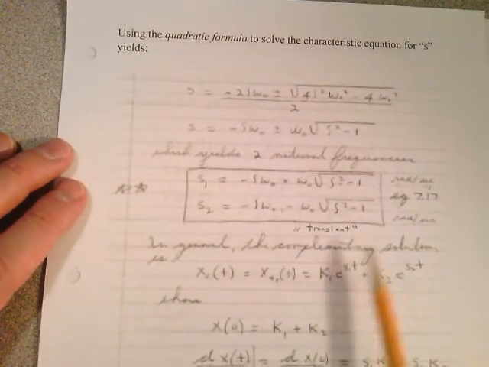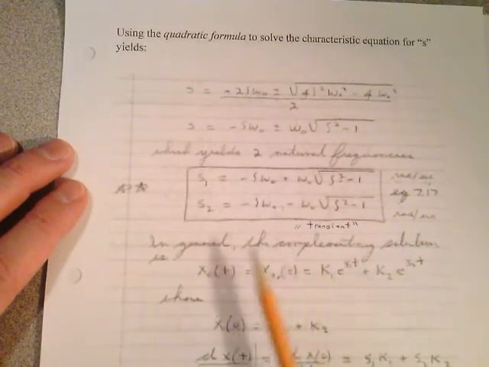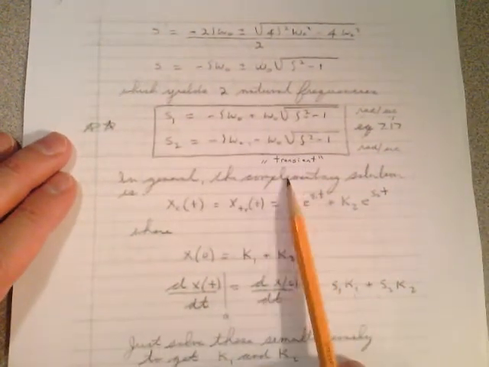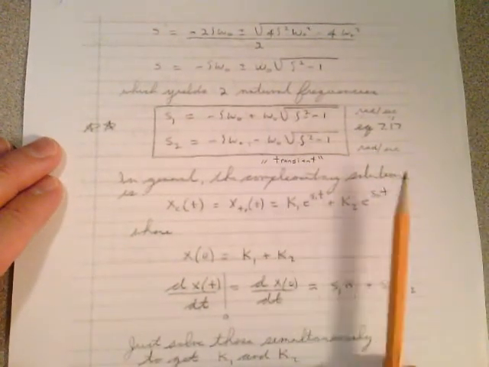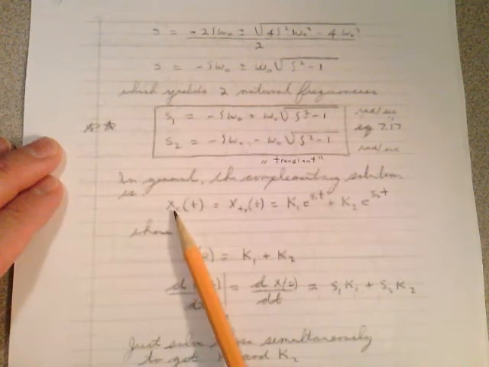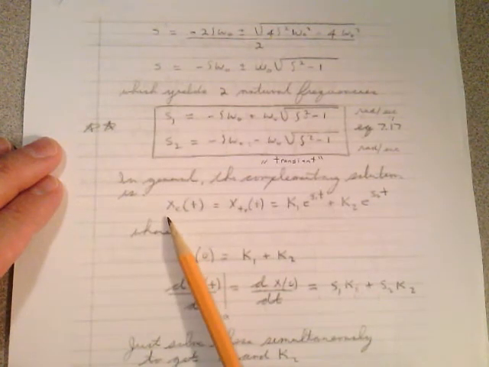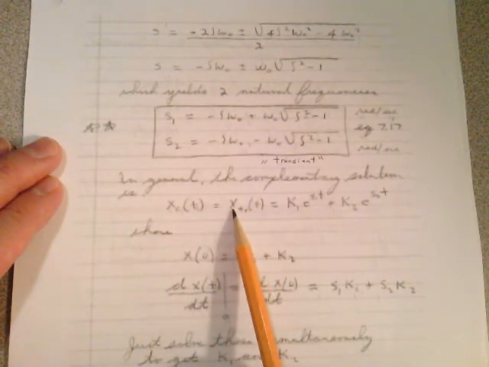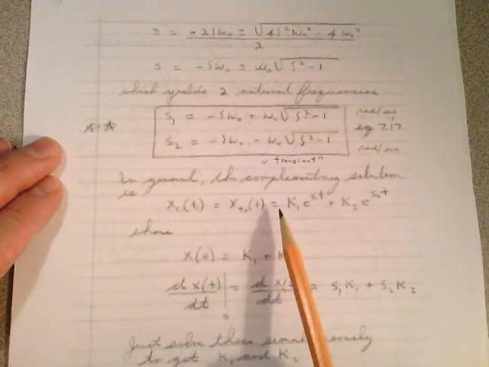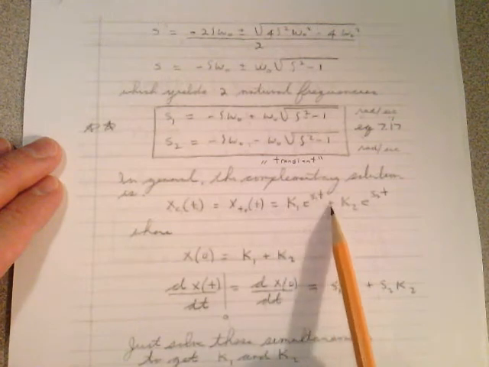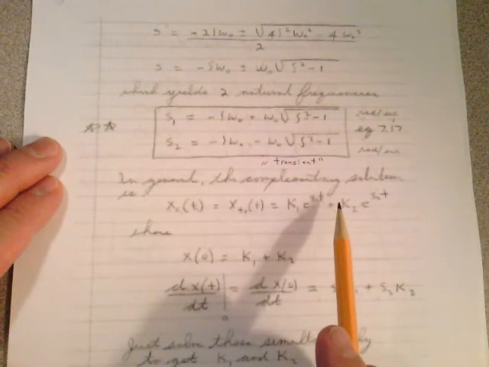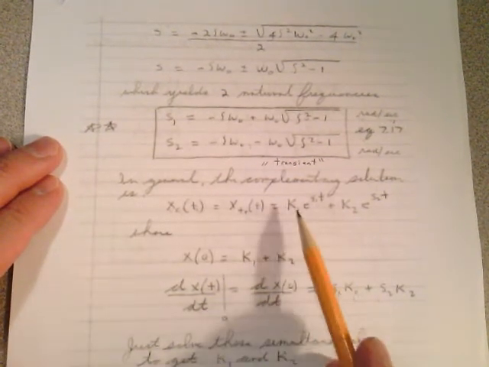In general, the complementary solution, or in this case the transient solution, because it was a homogeneous equation we're solving here, is x of t equals k1 e to the s1t plus k2 e to the s2t. That's the solution for that second order linear differential equation with constant coefficients. It looks like this,